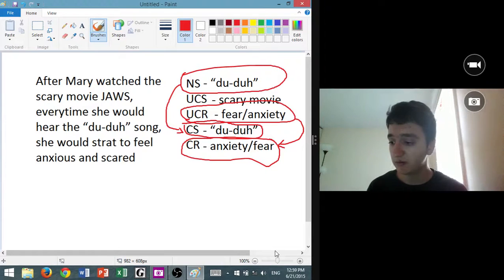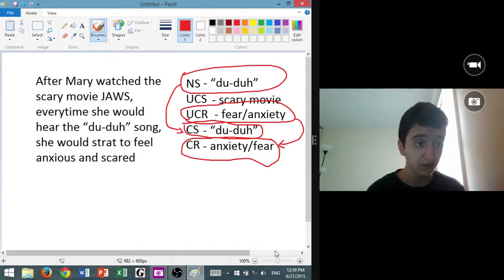So I hope this was helpful. I hope I shed some light on how to approach these problems and how to find all the elements. Practice makes perfect. Always practice these questions. Find examples in your textbooks, and try to do as many examples as possible in order to get the hang of it and find all the elements